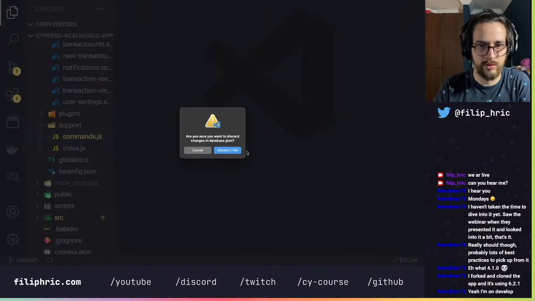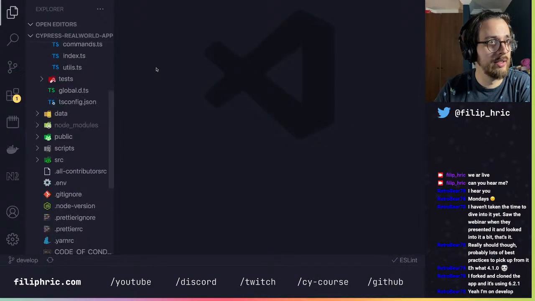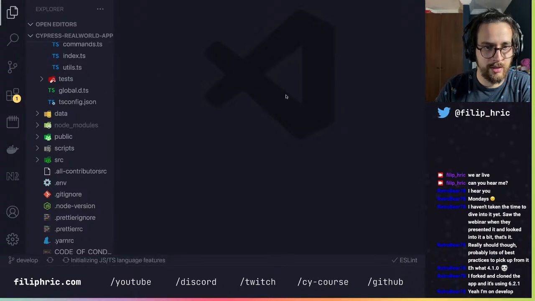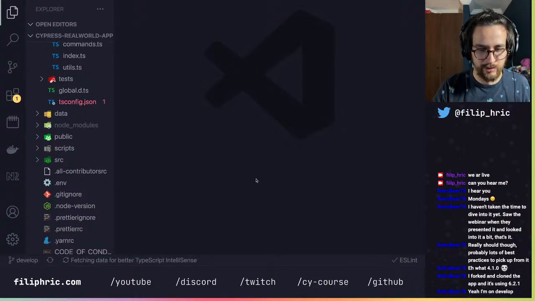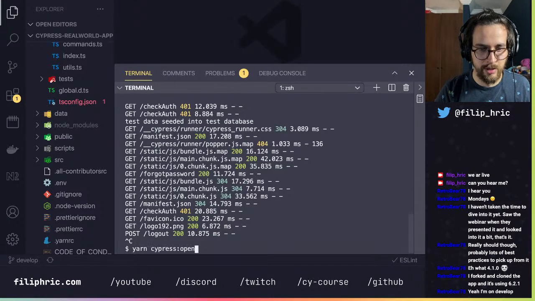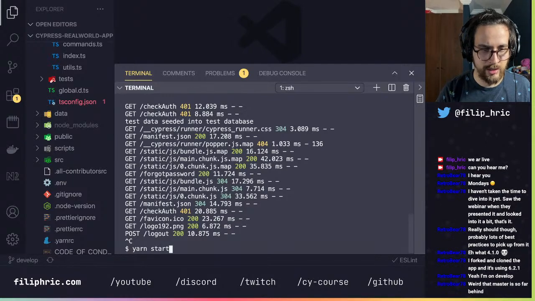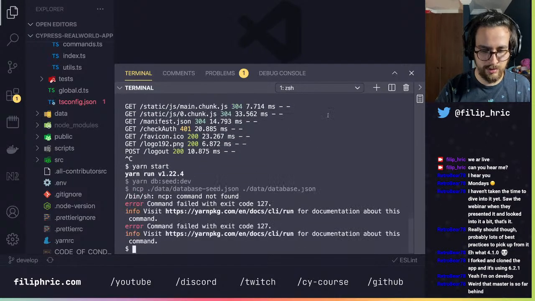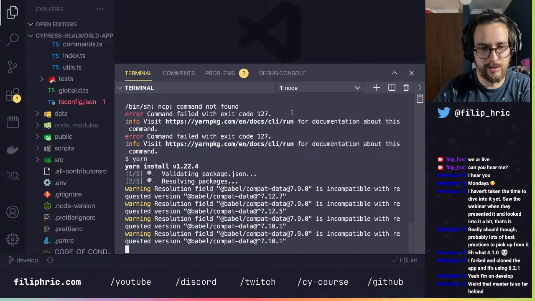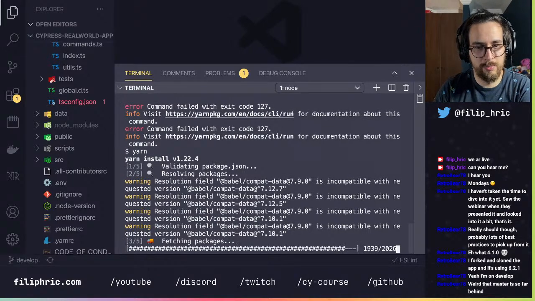For checkout, we can discard that. Let's look into something more recent and let's see if we can open the app. Hopefully, yes. Yeah. Run yarn start. Okay, so I need to install everything for the develop.